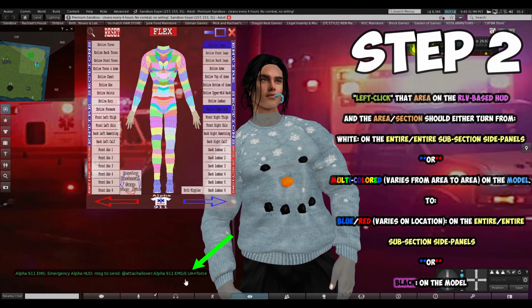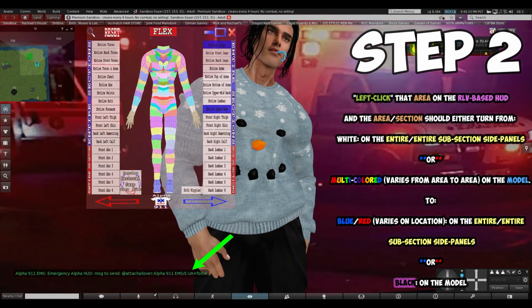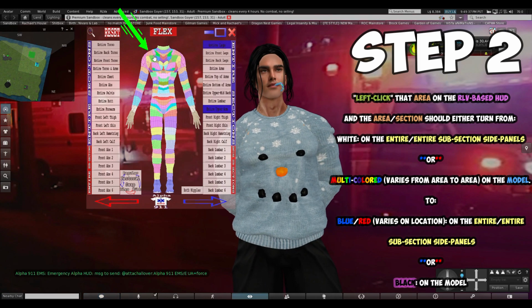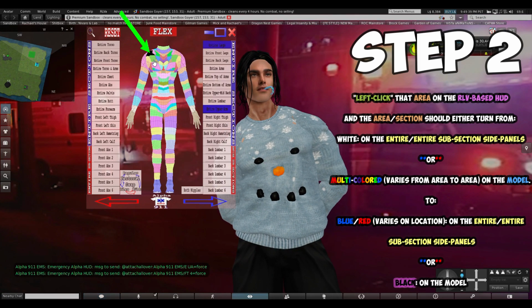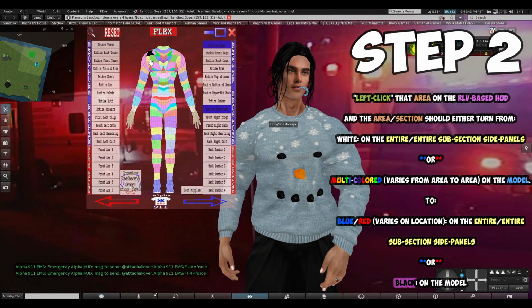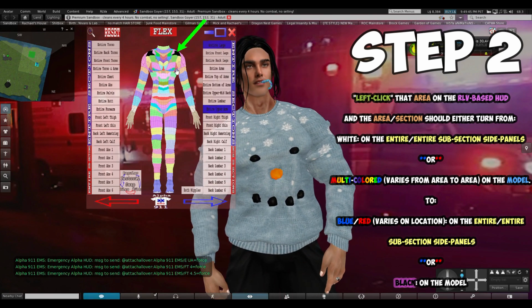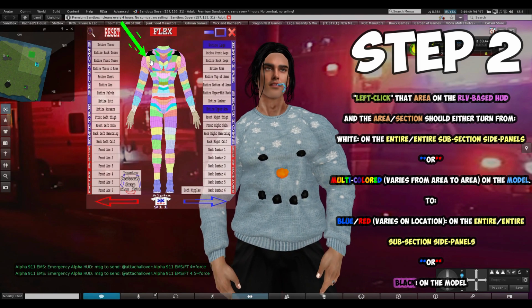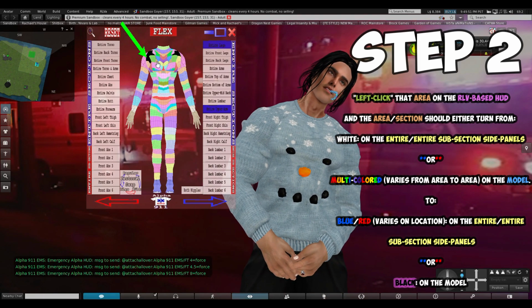And you see on the nearby chat, like I said, attach all Alpha 91 EMS entire arm force on. And on the multicolored model, it goes from multicolored to black. And when you click it, it's going to turn your body to gray, back to normal. So I'm going to click on this side and the other side. Now I wait until it turns back to normal before I click another one.